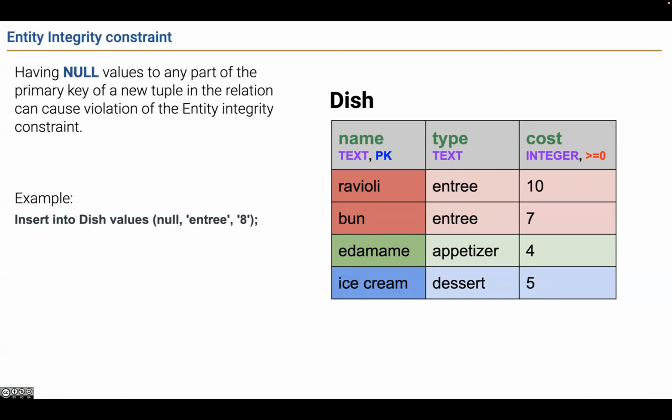And the second constraint is called the entity integrity constraint. So basically, we cannot have no value in our primary key. So if we do something like